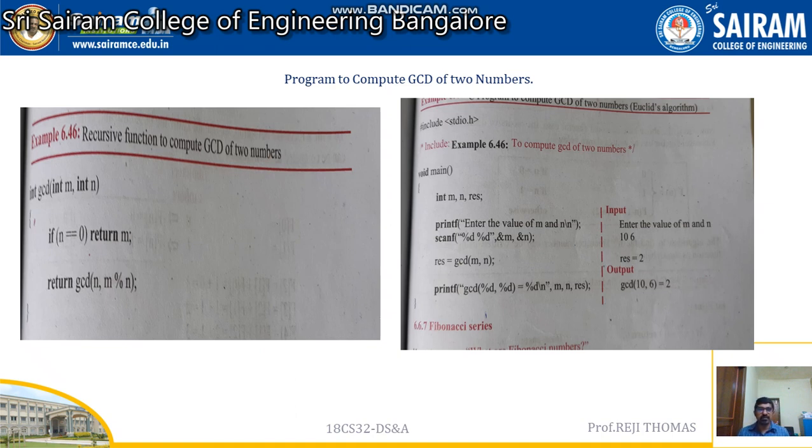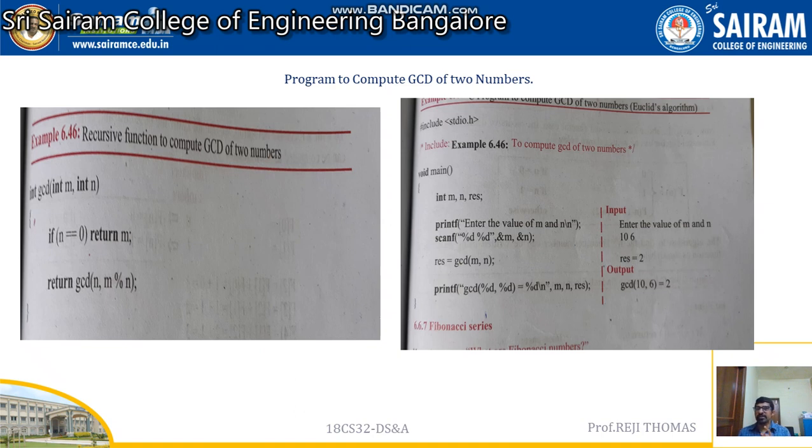My m modulus n is going to be a different number. If I take 10 and 6, initially my m was 10 and my n was 6. So when I find the modulus, I got it as 4. So I got it as 6 and 4. So when I did 6 and 4, I got it as 2. So what happens? Now my n is going to be 4 and my m modulus n is going to be 2. N is not equal to 0. Do it again. What I'll do? I'll be getting 4 and 2. 4 modulus 2 is going to be 0.